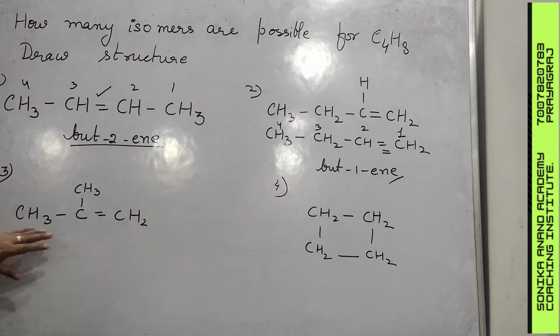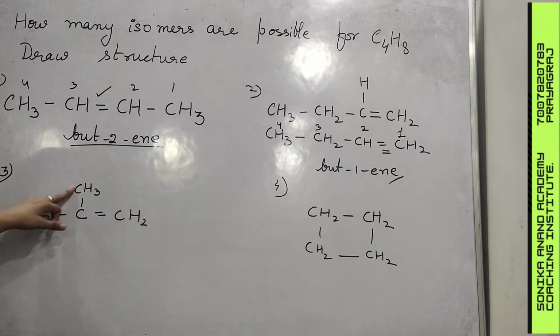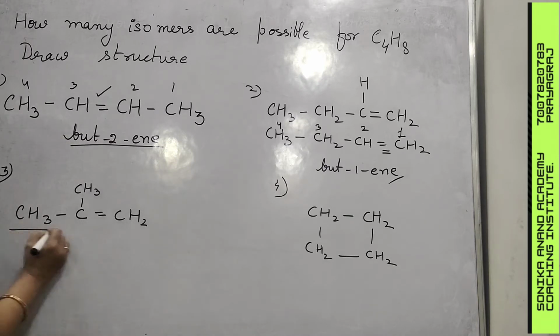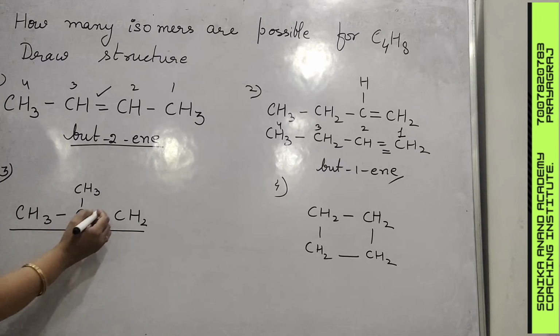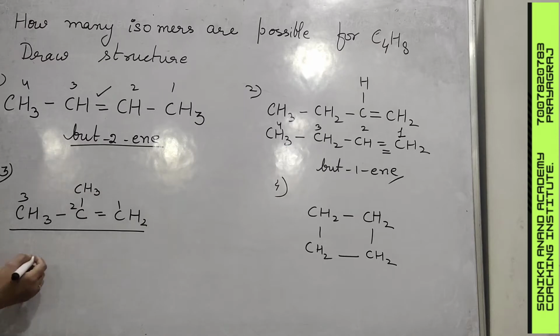Now considering the branched chain. Okay. So 1, 2, 3 and 4 carbon atoms are there. So these are arranged in this way. But if we name this according to IUPAC, the longest chain is this. Now this is the first position, this is second, and this is third position. Now for here, we can see over here,